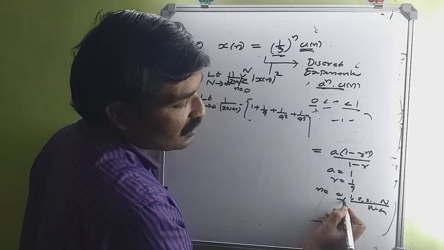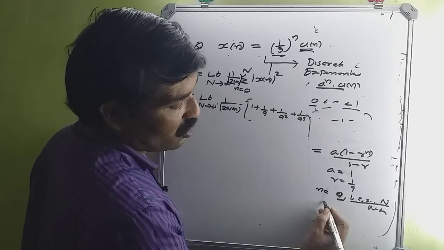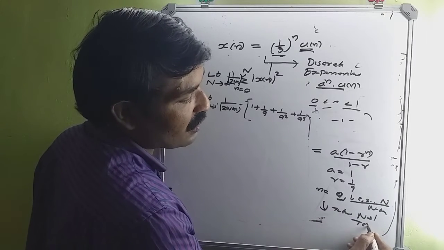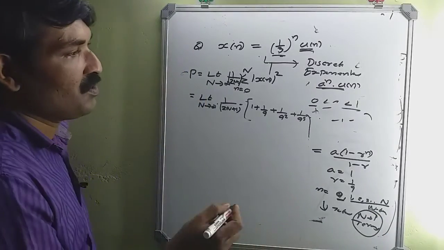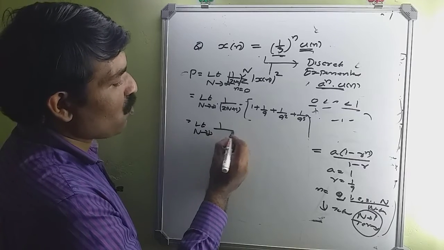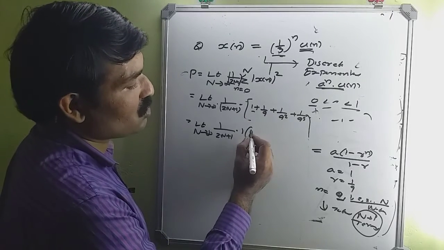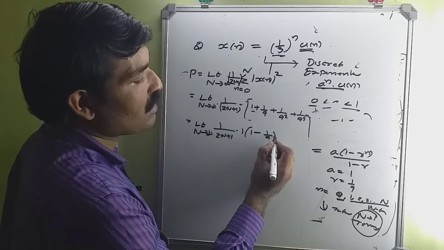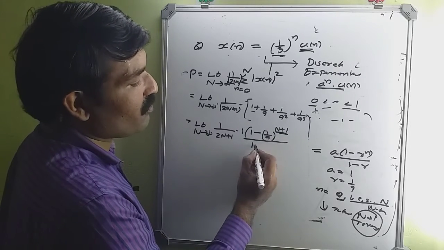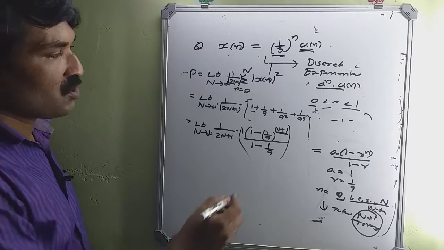Plus the term n is equal to 0, the value of x of 0. So this implies total n plus 1 terms. So this becomes limit n tends to infinity 1 by 2n plus 1 into a, which is 1, raised to 1 minus 1 by 9 raised to n plus 1, the total number of terms, divided by 1 minus 1 by 9.